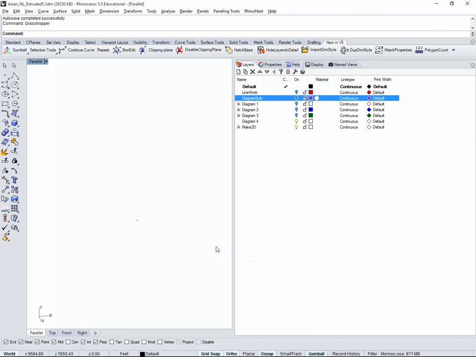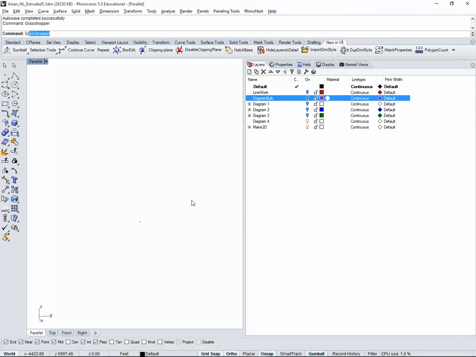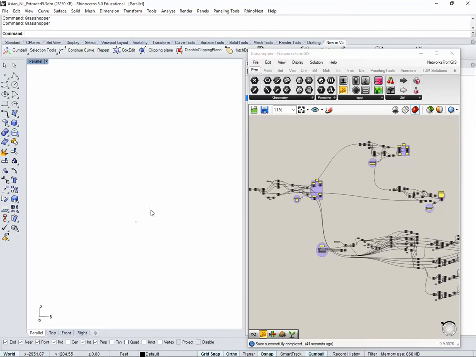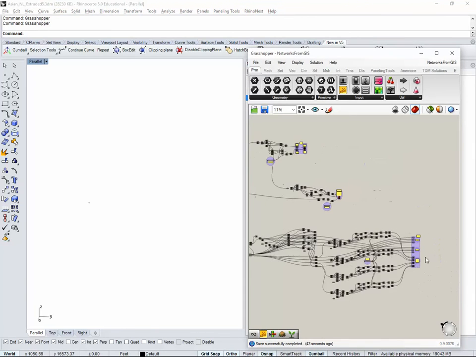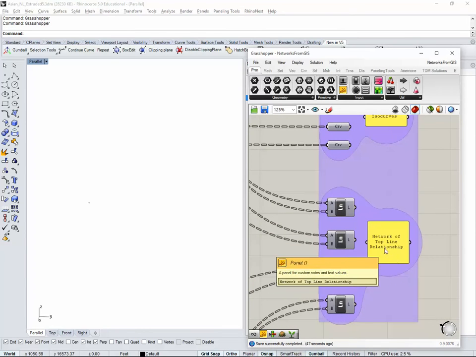Okay, this is the last video on the last diagram. I'm gonna extend this because I'm gonna open Grasshopper, and I'm gonna now turn on the layers for the latest diagram, which is again down here. Okay, diagram 4, network of top lines,